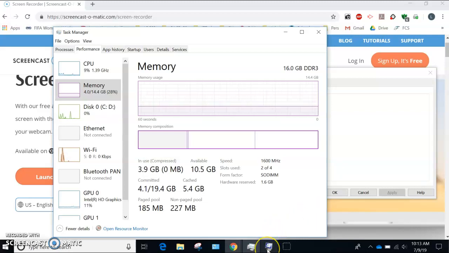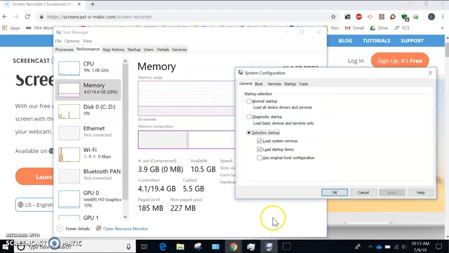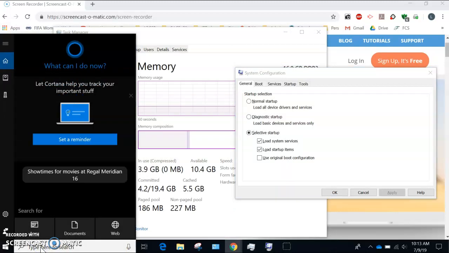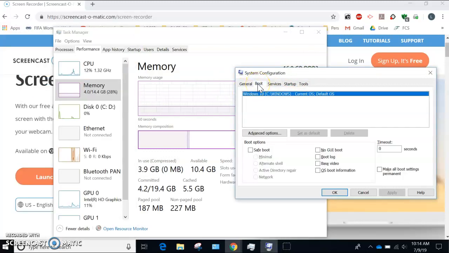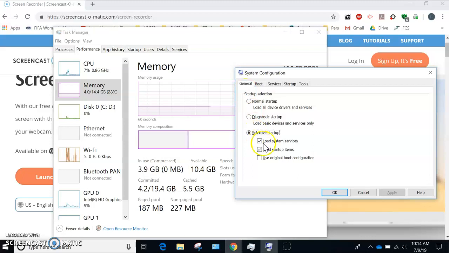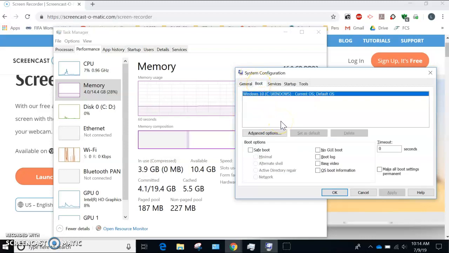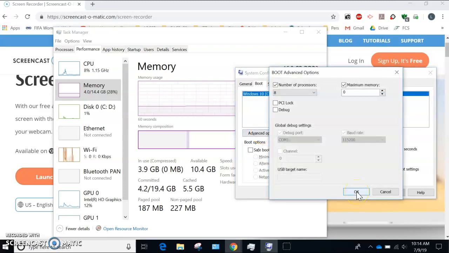So anyway, after messing around with this quite a bit, I went to one particular site, and it said I should type msconfig down here on the bottom. So that's what I did. You could also go to Run and type msconfig. When you click on this, you end up with this window over here where my cursor is right now. I'm going to take some time here so you can catch up, but basically I went to boot out of the system config. So the msconfig system config window comes up. I go from the General tab to the Boot tab up here, and I go to Advanced options,